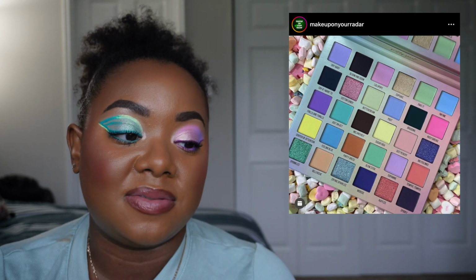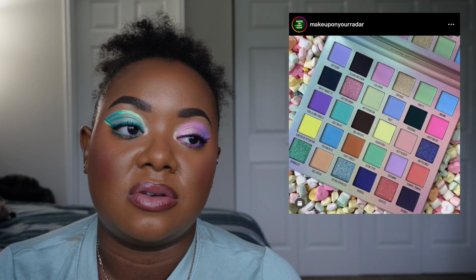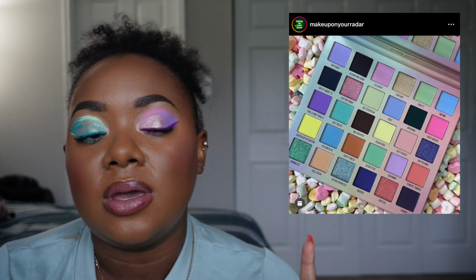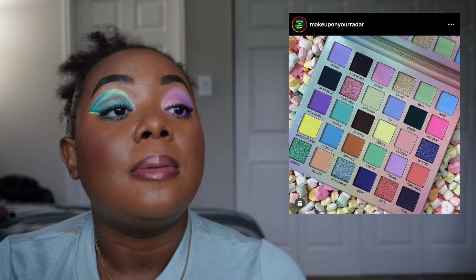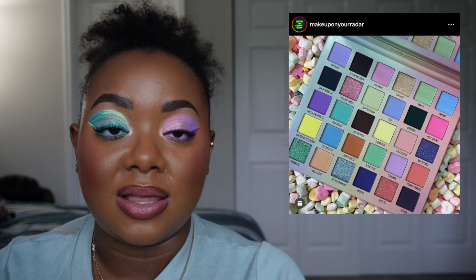But yeah, I don't think it's necessarily going to be a release for everybody. And I think part of that is going to be because, one, of the layout of the palette and the fact that it's not in that gradient. Two, the fact that it is complete pastels. In addition to pastels not being everyone's cup of tea, I do think that because we are in fall, a lot of people are going to overlook pastels just generally because it's not necessarily a fall release. But I will say I appreciate Blend Bunny for releasing a fall or Halloween themed palette that is